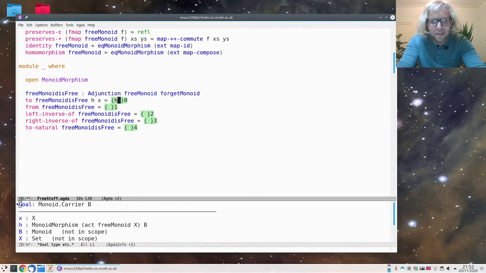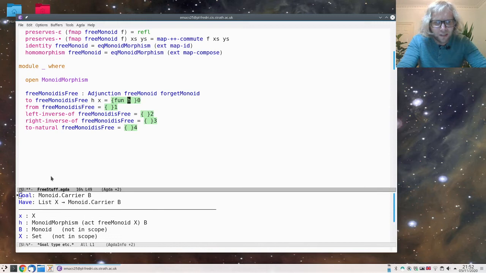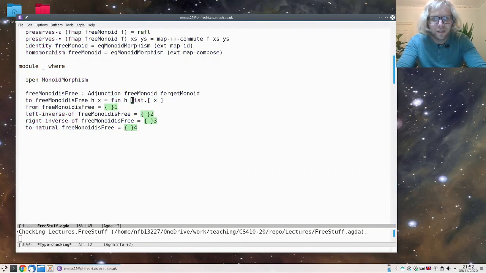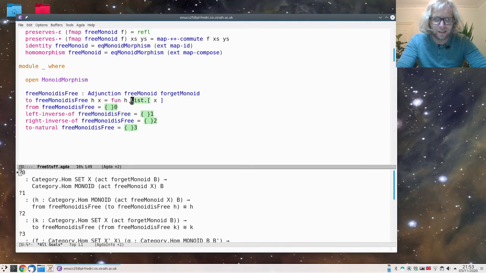I have H. So H has an underlying function, which if you give it a list, gives you a B. So we don't have a list, but we have one element. So we can, of course, turn that into a singleton list, right? Here we're seeing one element as a degenerate list in a way. Right? Okay, going the other way,